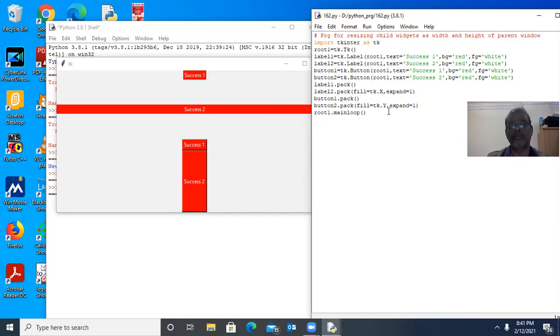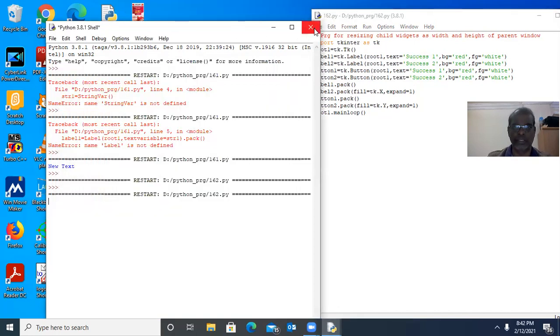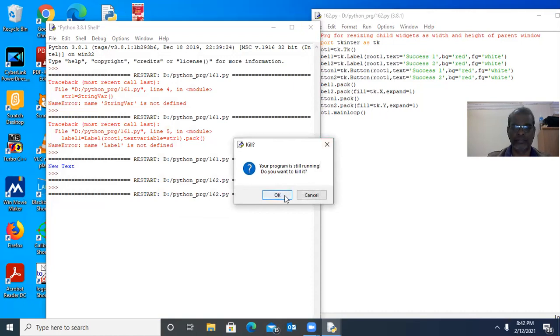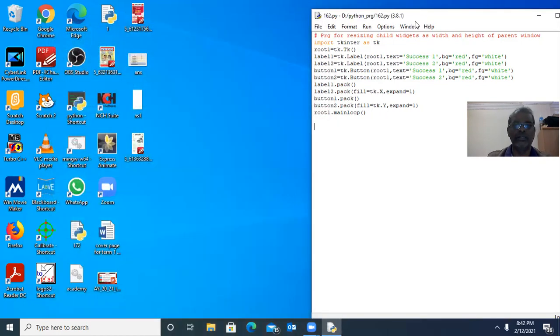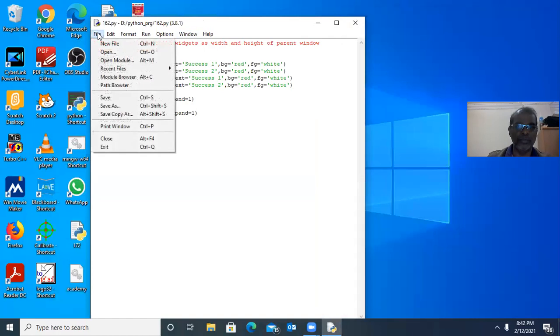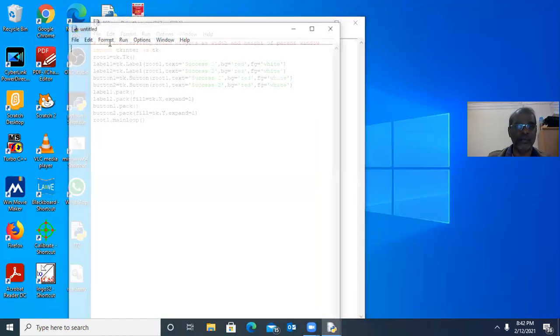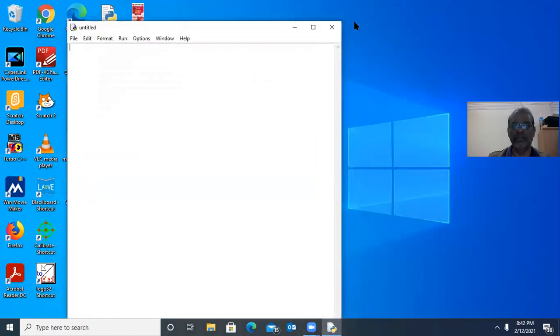So what about we are having different x as well as y. If you want to resize one child widget in both ways, that means height as well as width, what we must do, we'll see now. Instead of having one more variable, more widget, better we can have only one widget. That will be very much useful. You can easily understand.